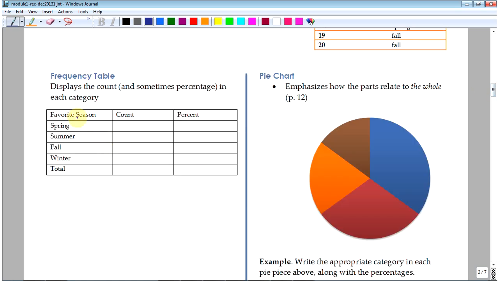So we're going to have the possible responses. Then we can do the count of how many people gave each response. So in the raw data, the number of people who said that spring was their favorite season, you would see that